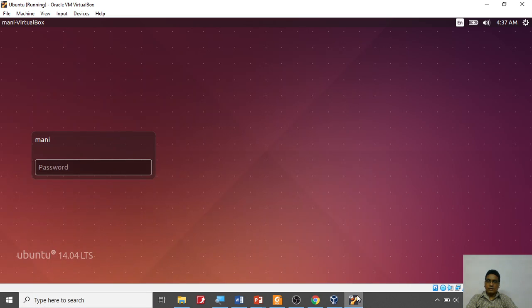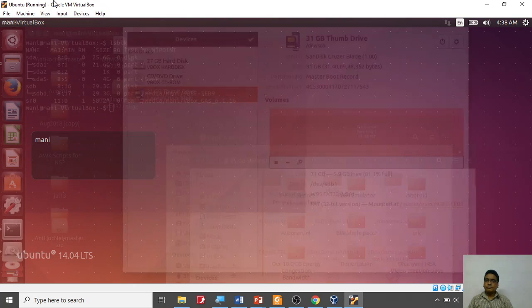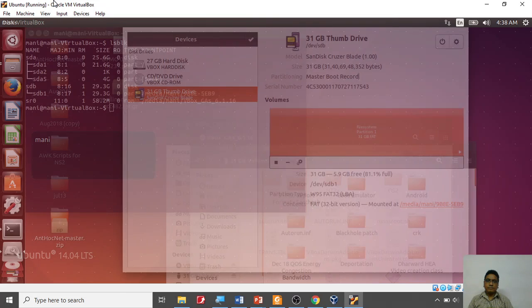Suppose I go to the Ubuntu and log into my Ubuntu. I think I pressed the wrong password. Yeah. If I log into my UNIX operating system,